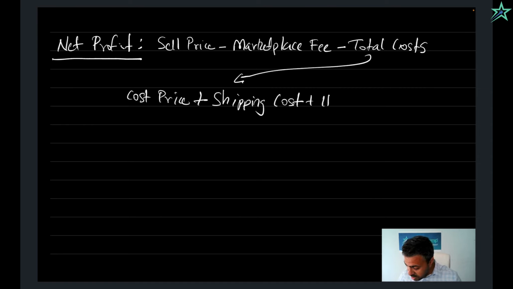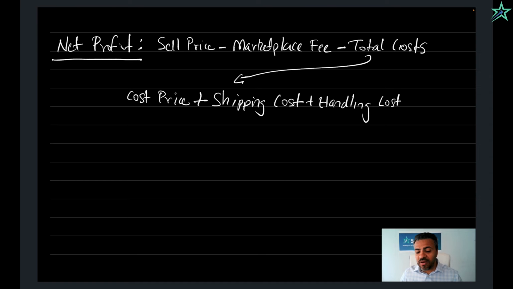Plus handling cost. So this is one that a lot of people skip often. And it's an important metric because when your profit margins are thin, you really need to keep track of handling costs to really see if you're making money on the product. So your handling cost is going to be what it costs you to get this product on your shelf when you first buy it, and then to get it off your shelf into a package, taped and ready to go out to the customer. So that would be your handling cost, how much it costs you to do that,